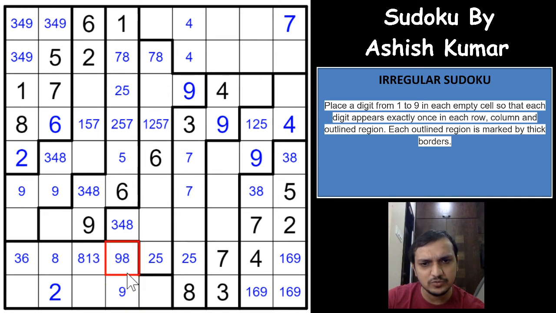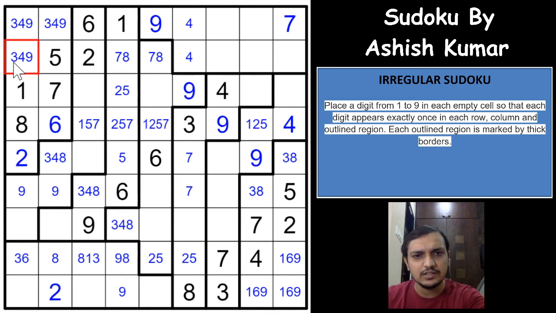9 has to be in one of, okay, we already marked that 9 has to be in one of these 2 cells, right? So that itself is enough. And so the moment you write a 9 here, as you can see in this column, 9 has to be in either this cell or this cell, and because 9 is already here in these 2 cells, 9 cannot be here, so 9 has to be here. That gives you a 9 here. So it gives you a 3 4 pair. That directly gives you a 4 here.